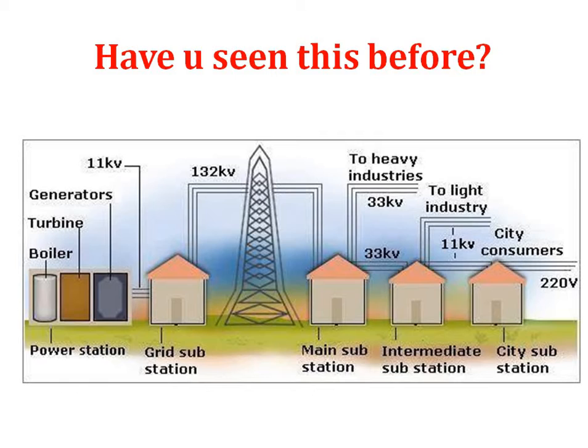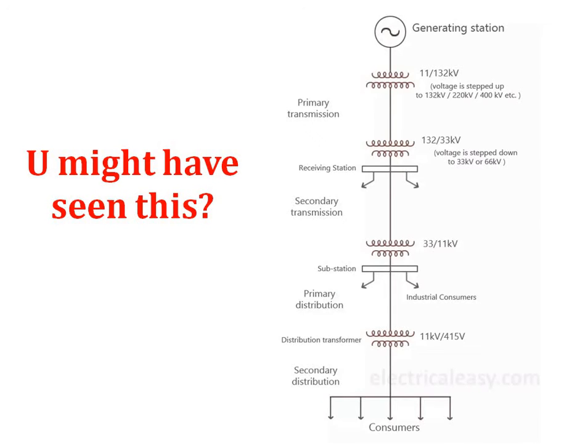This is how we represent it in the layout of the circuit. As I already told, the single line diagram is the schematic layout of the power scheme. The same structure appears in this single line diagram: generating station, then step up power station, then power transformer, then substation, then industrial load, commercial load and service mains.